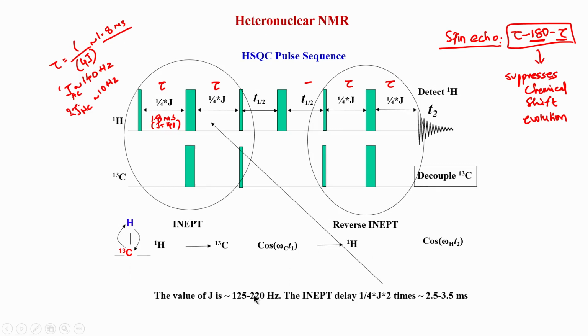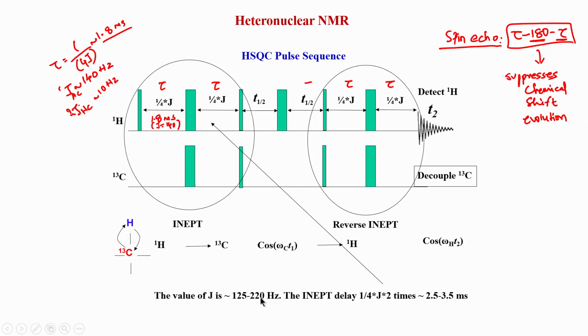Now, coming to the delay values, which we already discussed last time, a bit more I can tell you today is that the value of J varies a lot in proton to carbon. For methyl protons it is roughly of the order of 125 hertz, and when you go to the aromatic spin system, which is often the case in proteins, where 3 or 4 amino acids are aromatic in nature, they will have a different coupling. So, you cannot satisfy one delay period for all the carbon proton pairs. If you adjust this delay to 125 hertz, then the aromatic will be way off.